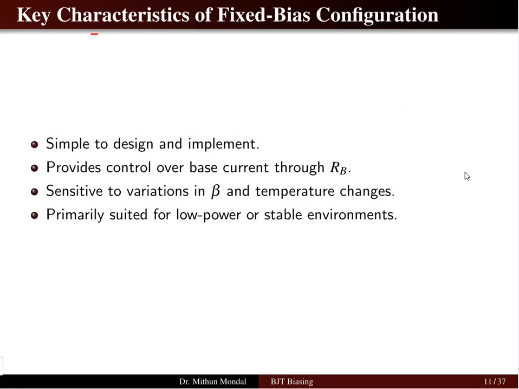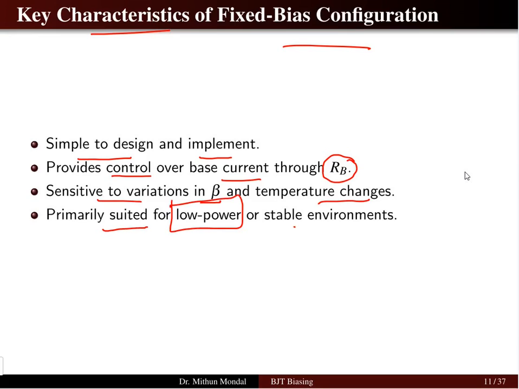So the key characteristics that we get for fixed bias configuration are: it is simple to design and can be implemented easily. It provides control over base current through changing the base resistor. It is sensitive to variation in beta and temperature changes, and it is primarily suited for low power or stable environments. So the fixed bias is only used for low power or stable environments, and it is quite simple in